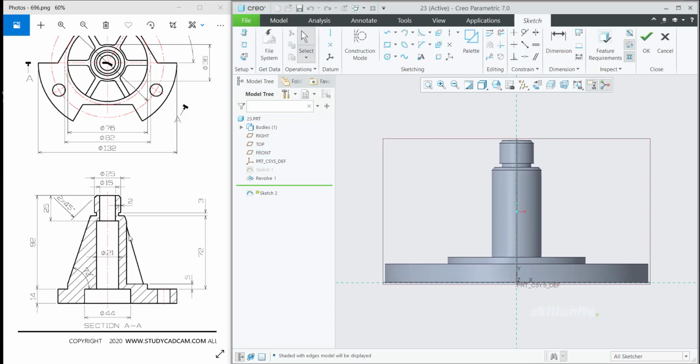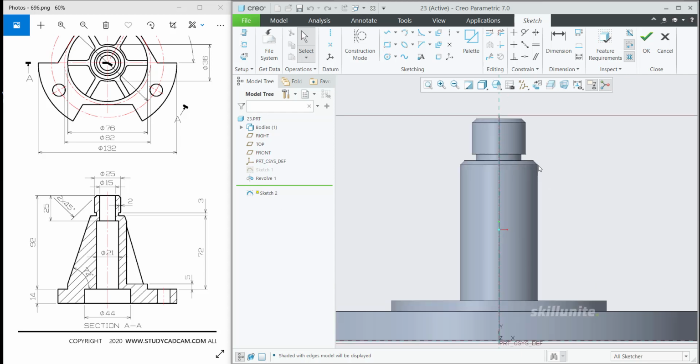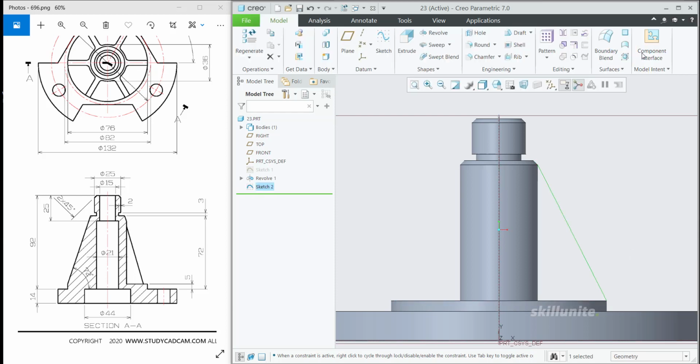So what we need to do is create an inclined line over here. As you can see, the inclined line is connecting to the top of this edge over there, but here it's not like this. On this side, if I'm seeing over here, it is not connecting to the top. So what we need to do is connect with this edge. So click on sketch and create it from here to here. So exit. So now you can click OK.